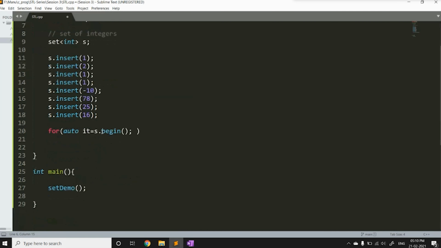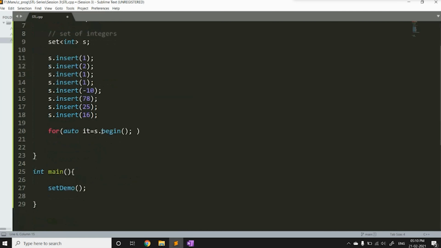Similarly, there's also a function called s.end(). Any guesses where it is pointing to? s.end() is pointing to the location after the last element in the set. So these two things must be remembered.